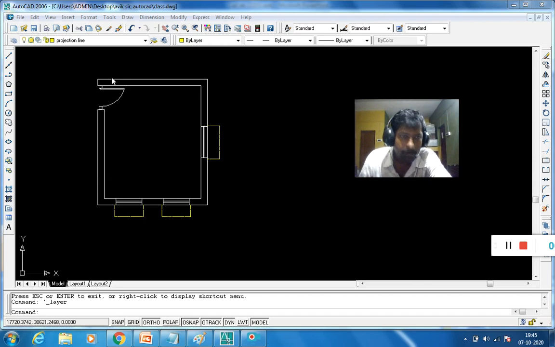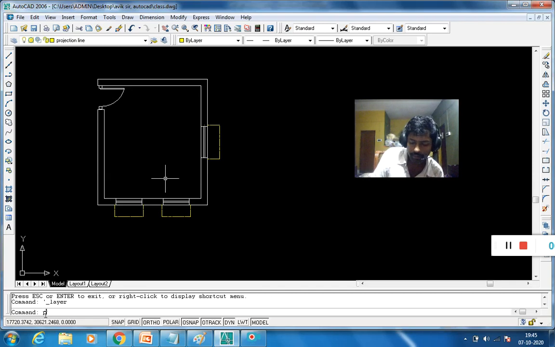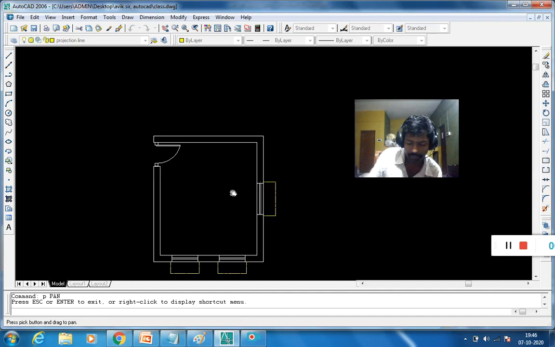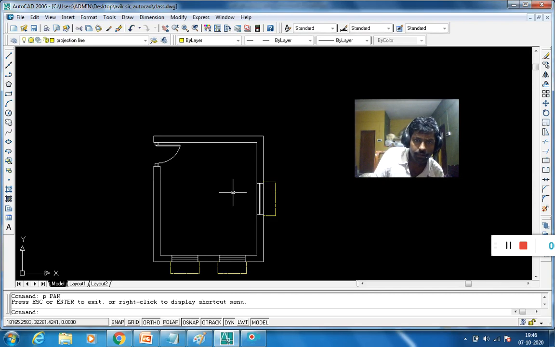Okay, so now we are going to develop the front elevation. Use the pan command. To exit from the pan view, press space bar.